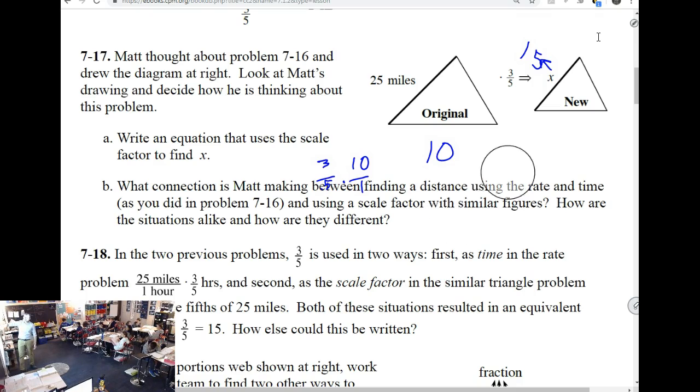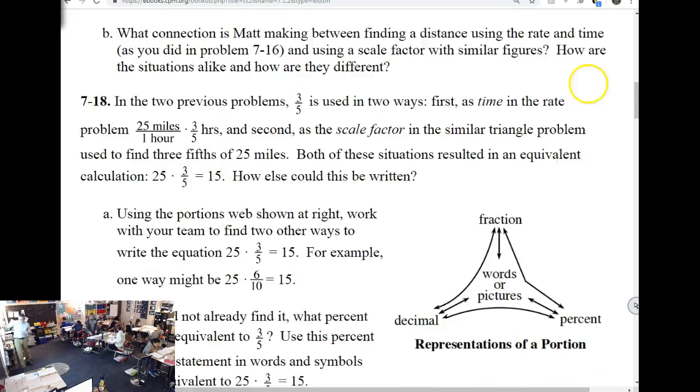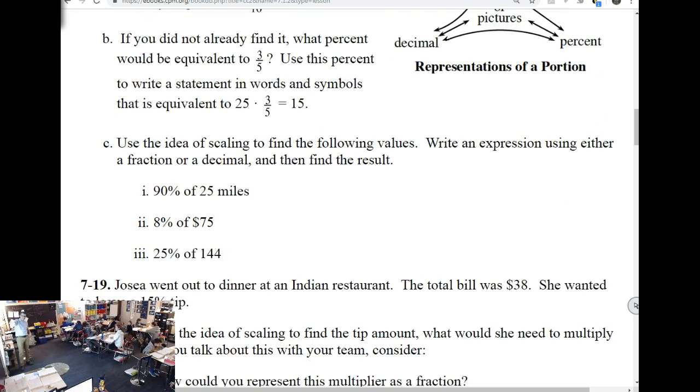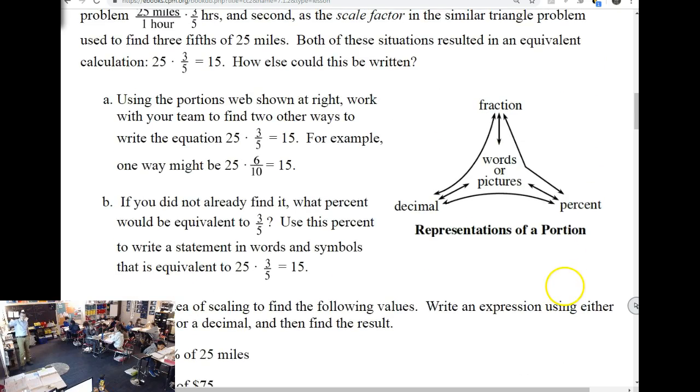I want you guys to look at 7-18 on your own. I'm going to recalibrate real quick and then give you a little bit of time to work through. That one's probably going to be really fast because we already did that. So make sure you focus on C. You got to make sure you solve through those. I like fractions, for what it's worth. Just, announcement. I like fractions. That might relate to C.